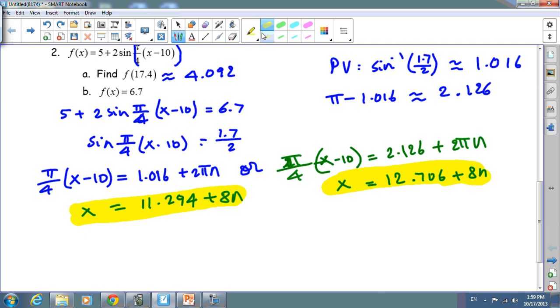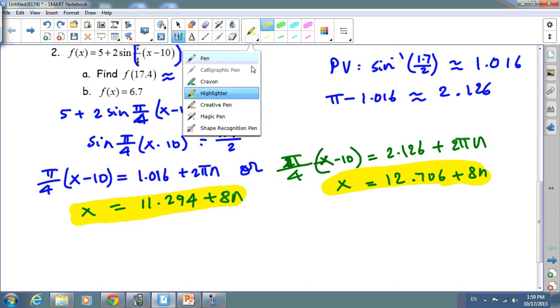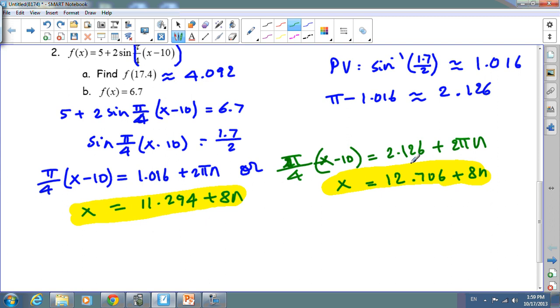Let's go ahead and find the first three positive values. You've got to be careful. The first one will be not 11.294 and not 12.706, because if I plug in -1 here, it will give me something lower. So if I plug in -1 here, I will end up with 3.294. If I plug in -1 here, I should end up with 4.706. And now if I plug in 0 here, I will end up with